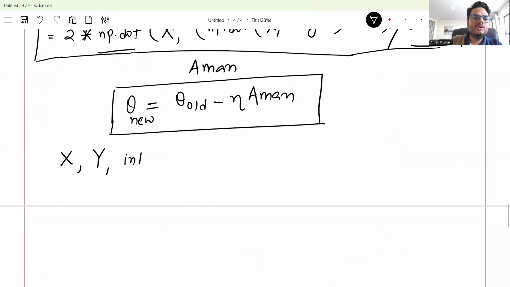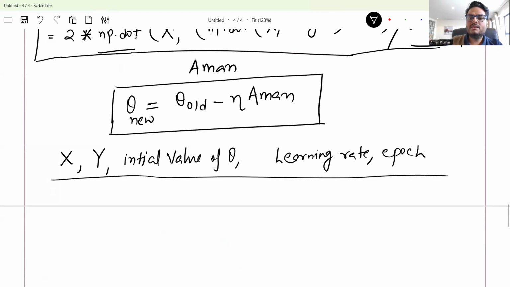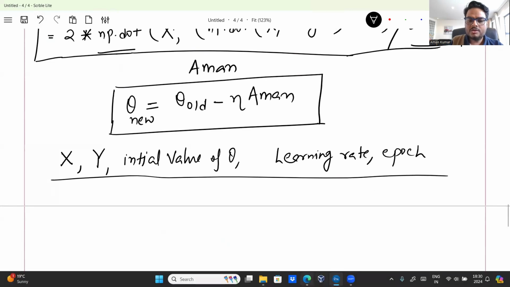I will need an initial value of theta, because somewhere I need to start. I will need a learning rate, and I will need how many times I want to run the iteration, which is nothing but epochs. Let's define these five things in Python, and I'll show you how I can do gradient descent without using